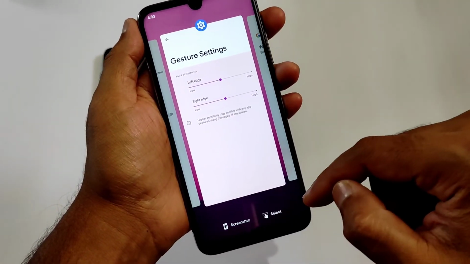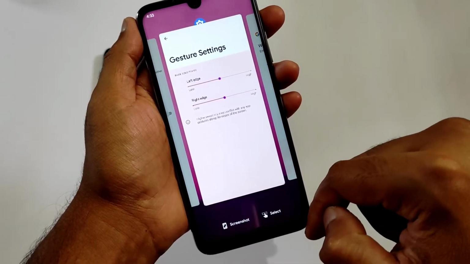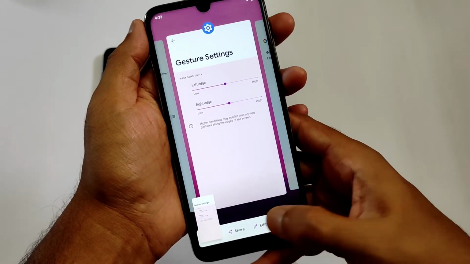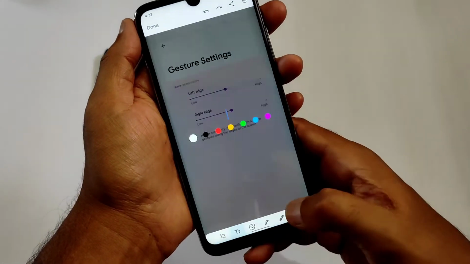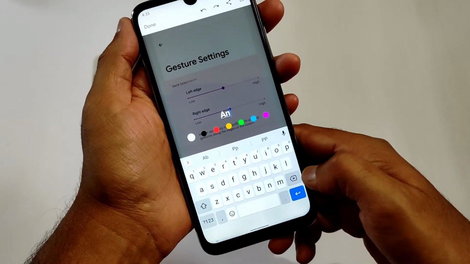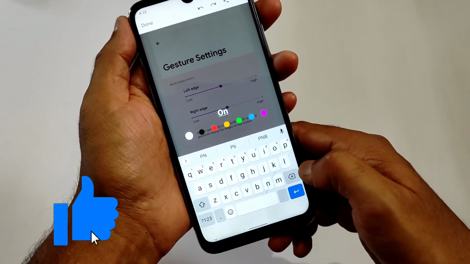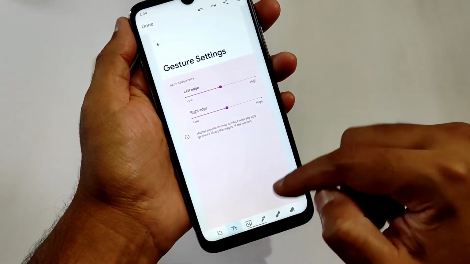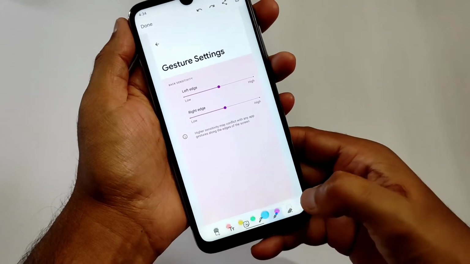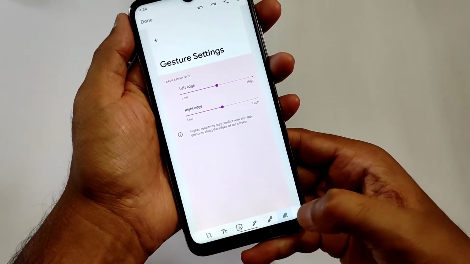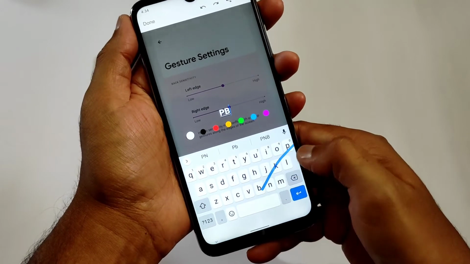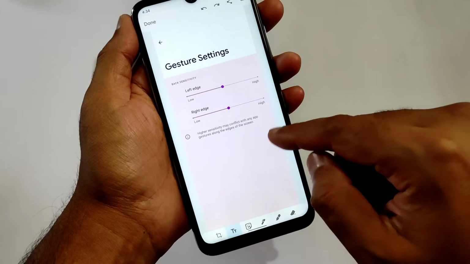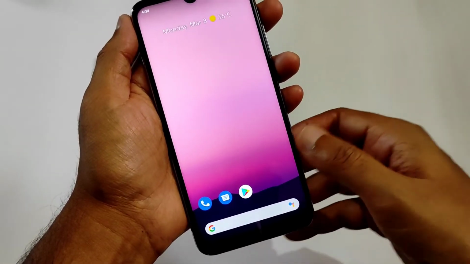You can even take a screenshot from here. I found this a little bit new here in the screenshot. As you can see, in the edit section you will get this new interface. You will get the fonts and colors. You can add it from here. Let me know in the comment section, was this one there before in Android 11, or is this the Android 12 new visual change? This is how you can change the fonts, or you can draw anything in the screenshot you have taken.